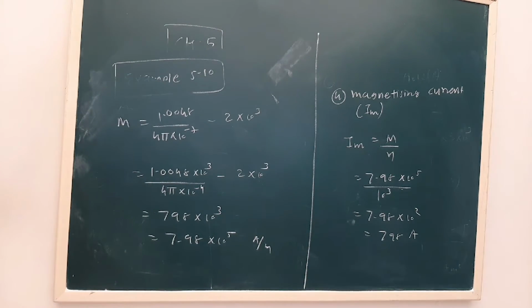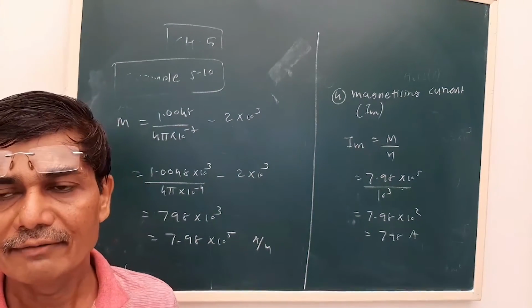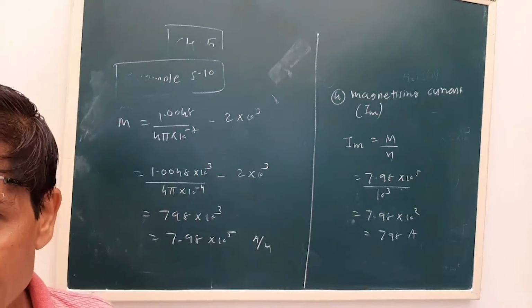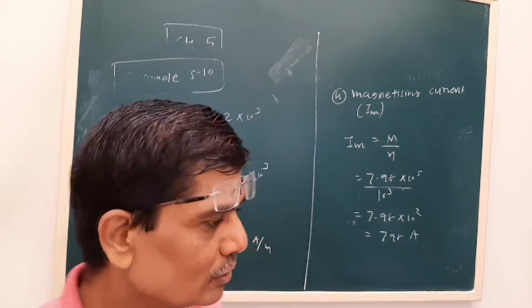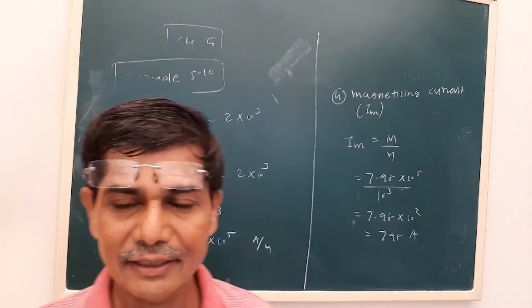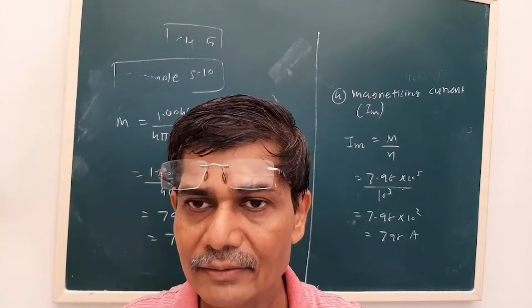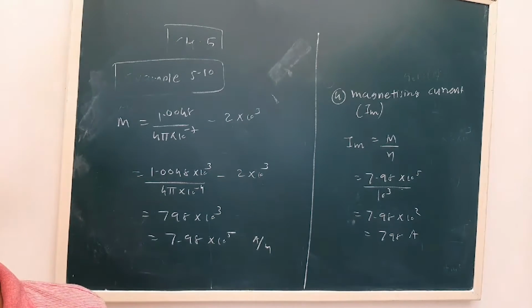So this is how we can obtain the magnetizing current. What is the meaning of this? Suppose we do not place the magnetic material inside the solenoid, and only change the current to obtain the similar magnetization. What should be the additional current passed through the solenoid to get the required magnetization? You can see here that 798 ampere is a very large value, because our conventional current in household applications is limited to a maximum of 15 ampere. So such a large value of current is not possible.